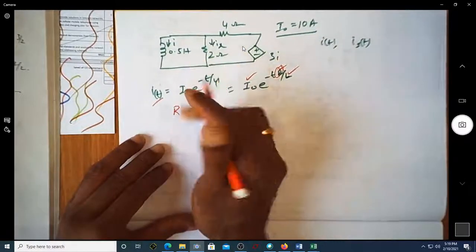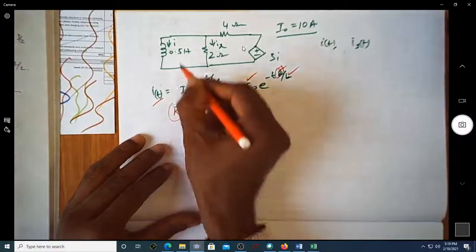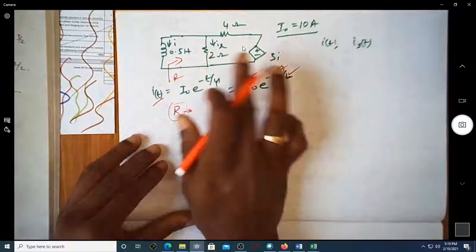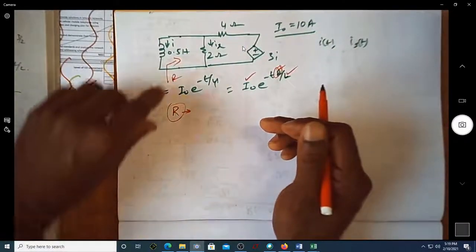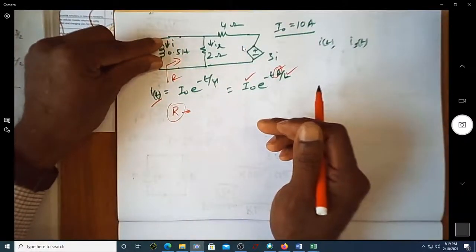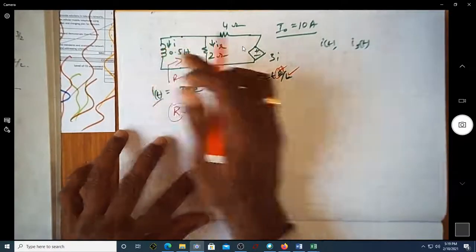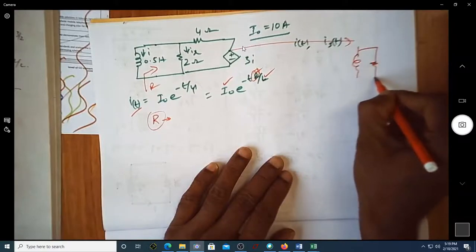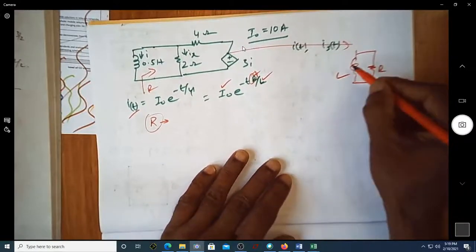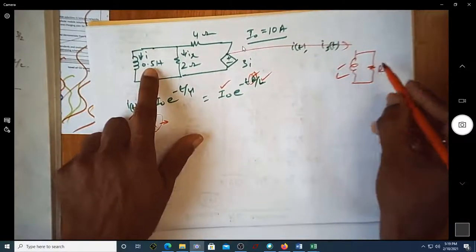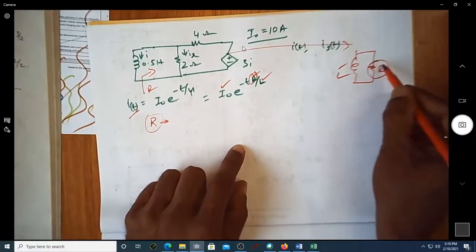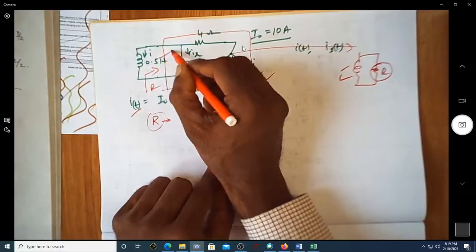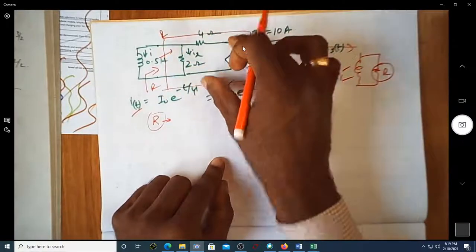So what is the R equivalent? When I say R, it is the resistance that exists towards the right side of this inductor. So this is my R, this is my L. I know the value of L, which is 0.5 Henry, but I don't know R. In place of R, I have this entire network, so I want to know the resistance offered by this network.